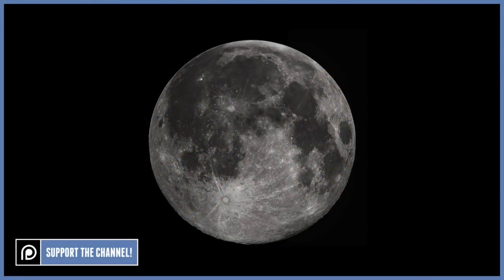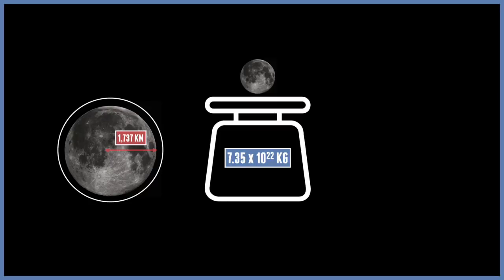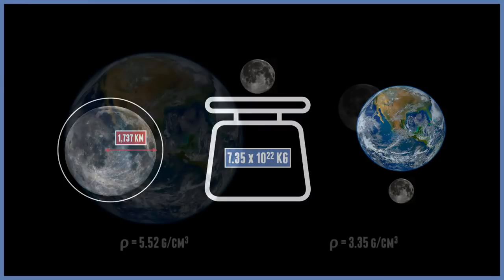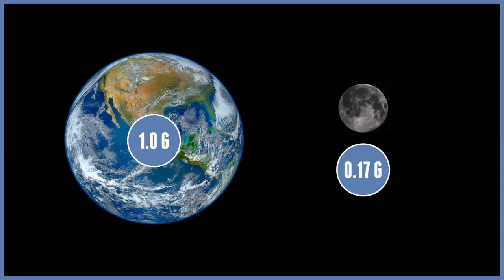So what's the gravity on the Moon? The Moon is of course the only astronomical body where human beings are able to test out gravity in person. So the Moon is a very small object, at around 1,700 kilometers in radius. Its mass is 7.35 times 10 to the 22 kilograms, and of course it's only about the size of the United States. Because of its size and mass, it also has a low density. This means that the gravity is only 1.62 meters per second squared, so the gravity is very low, at 0.17 g.